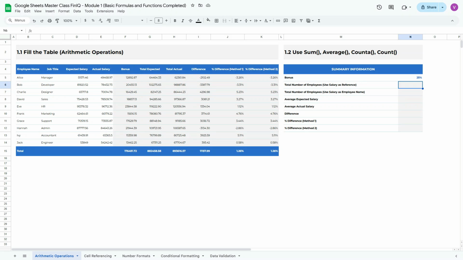Right, moving on to exercise 1.2. Sometimes it is not only about the totals, it's not about the difference, but in many cases it is also about the unique values or number of values in a specific data range. So for this particular case, we do have a couple of extra functions in spreadsheets that are going to help us to calculate the total numbers, or how many values are actually present in the data